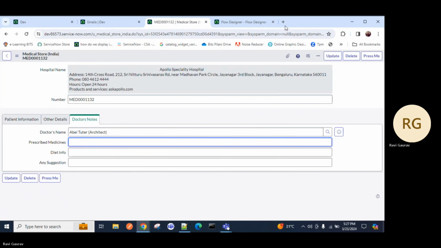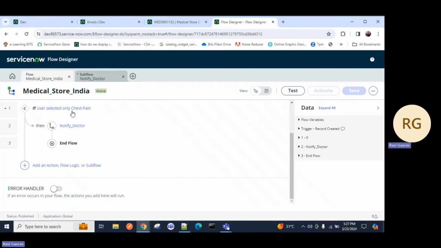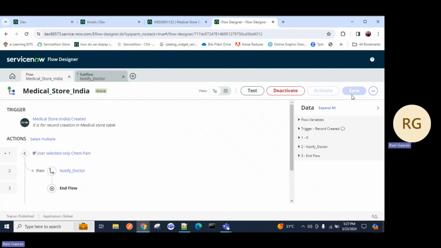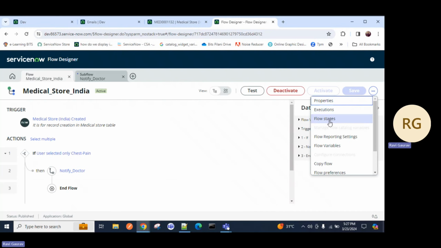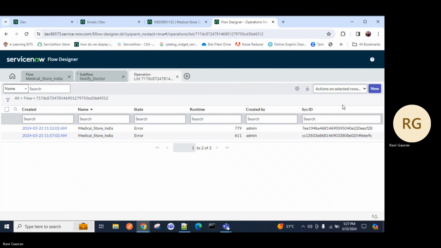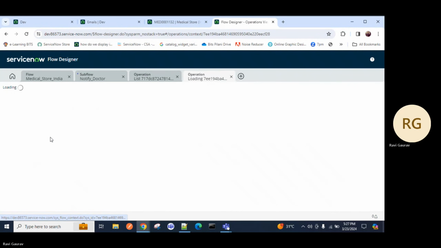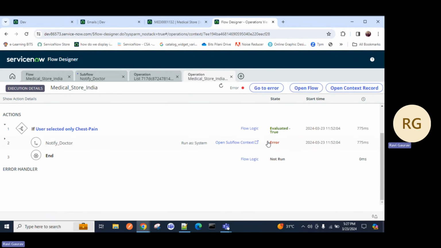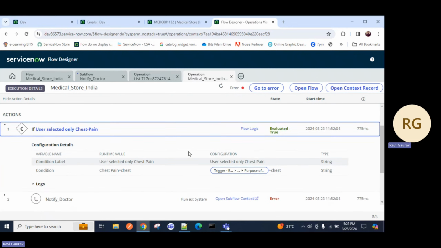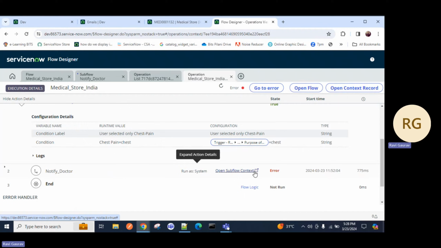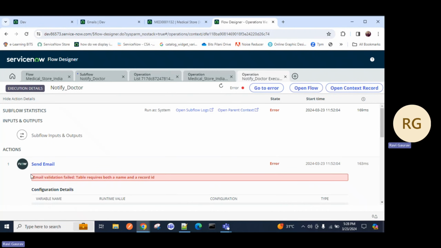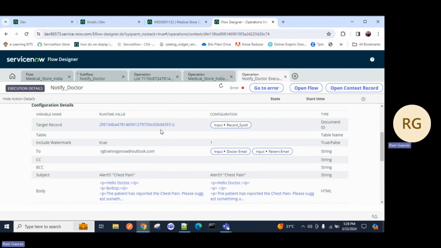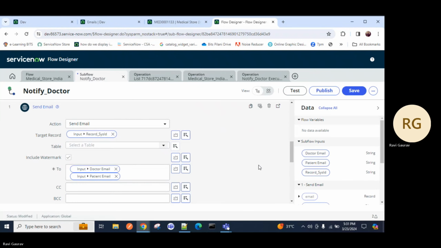How to find the error? Go to the flow designer, go to the first one, the parent one, click on this, and go to executions. Okay, there is one. You can see the error. What is the error? Open the flow context. Email validation failed. Table required both a name and a record ID. You will notice here